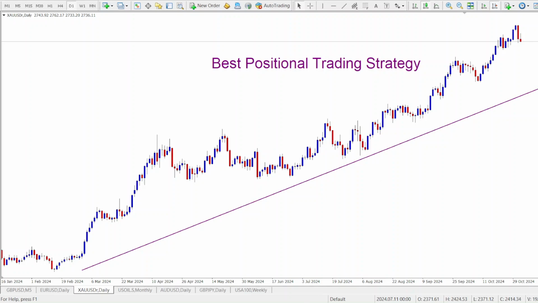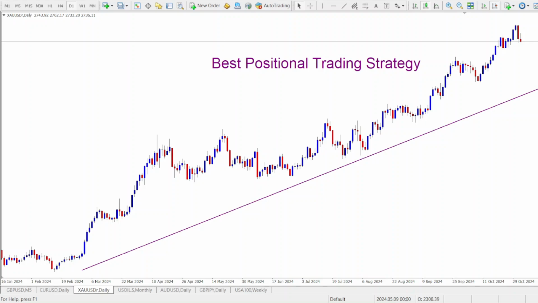It means that even if you had used as little as 0.1 lot size, the mini lot size, then you would have made about $765. Then imagine if you had used a standard lot size, that would have given you over $7,600 over the space of